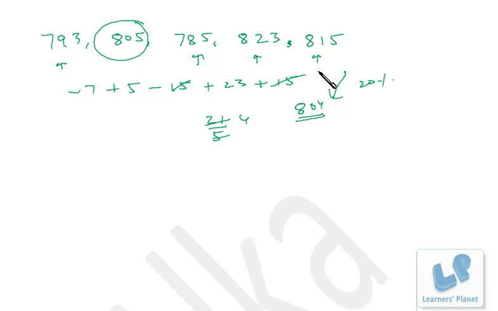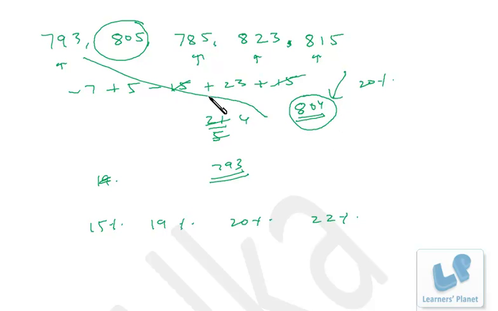Okay, so you can choose among the options. Suppose you are asked for 793, and your options are say 15%, 19%, 20%, and say 22%. Okay, so you know that 20% is 804 and it is around closer to that. So your answer must be 19%. Okay, because 15% will be very far and 20% and 22% are more than that. 804 is 20% and 793 is less than that. That means it must be less than 20%.